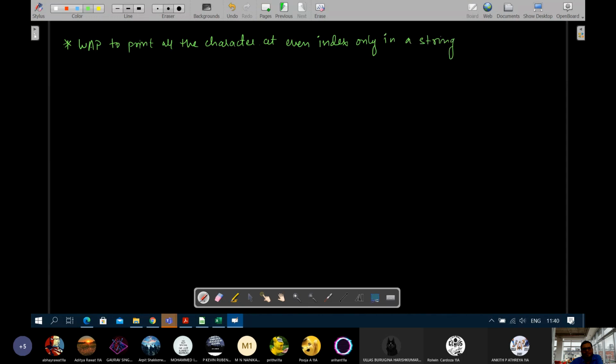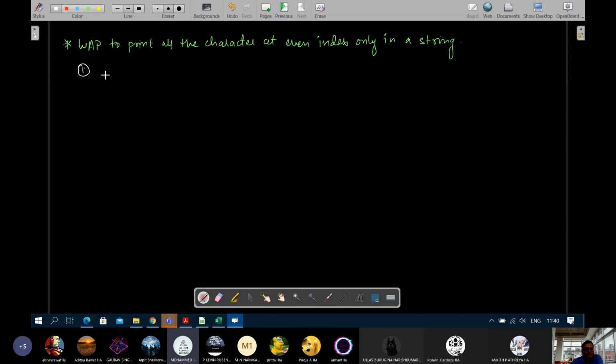How will we do this? We'll take the step value as 2, sir. Same as the previous one. Yes, Rolvin, what are you saying? You want to see the previous page? No, sir. The code will be the same as the previous one, except there'll be a step, which is 2. Any other way? Sir, can't we do len plus 2? No. There will be 2 ways. I'll show you both.